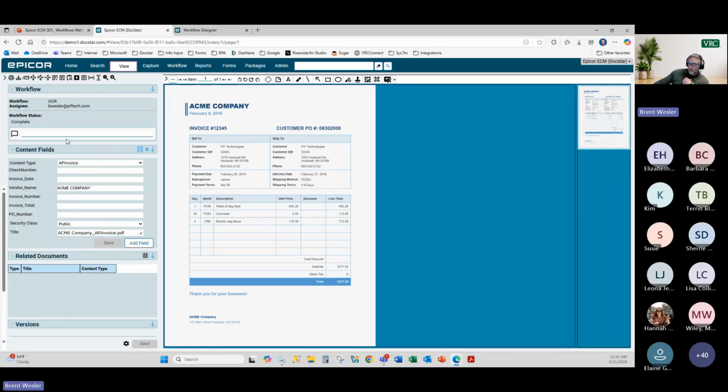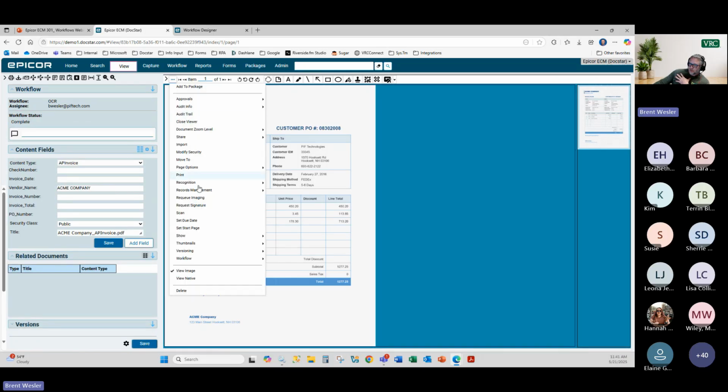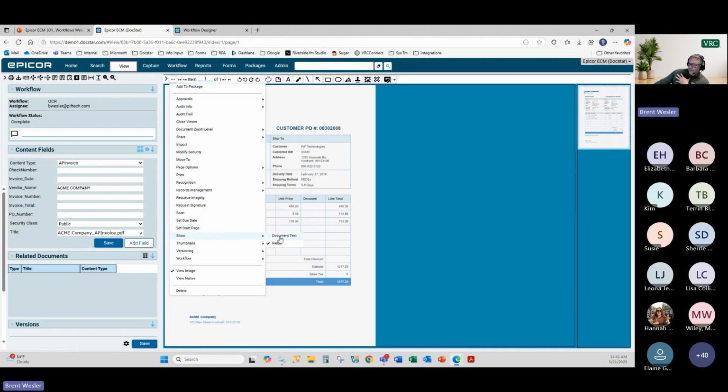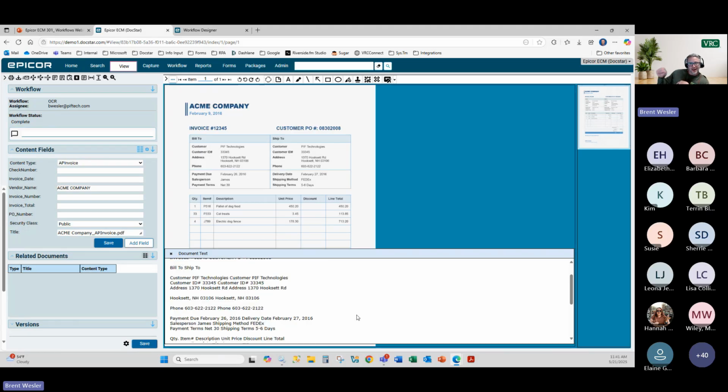One, it read the vendor name using that field. Where's the text? To find that, you're going to go to the actions menu, show document text. So what you see here, that's that OCR text. Now I could search for anything on this. So I want to look for, let me grab this phone number here, for instance. Copy. Now, when I search for this,